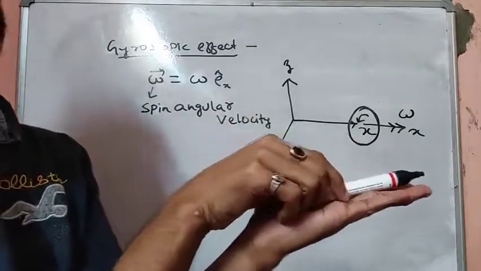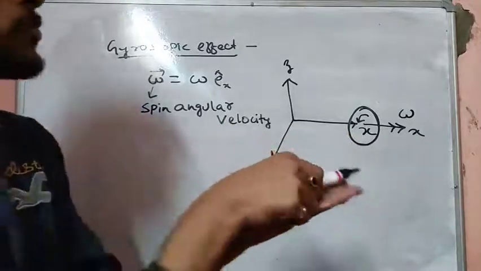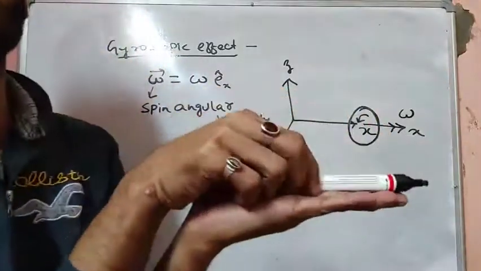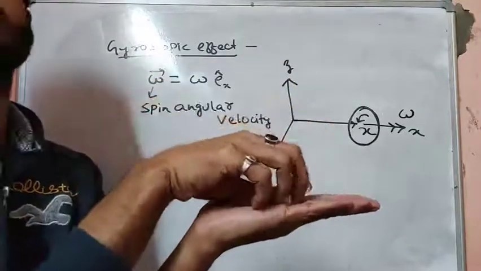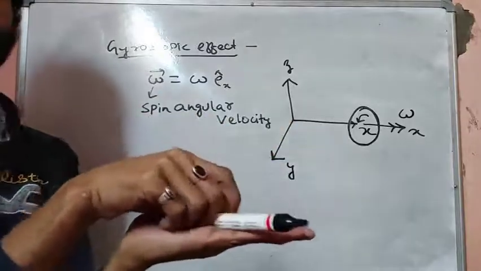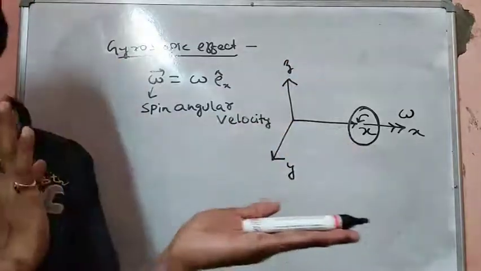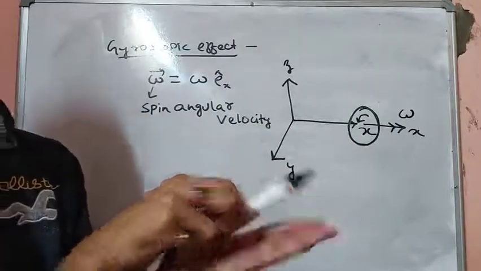Okay, then there will be a resistance to this turn. We will not be able to freely rotate this spinning axis. We have to apply some external torque to rotate or turn this spinning axis. Okay, so the phenomenon which is resisting this external torque is what we call the gyroscopic